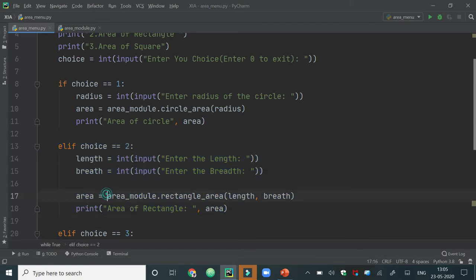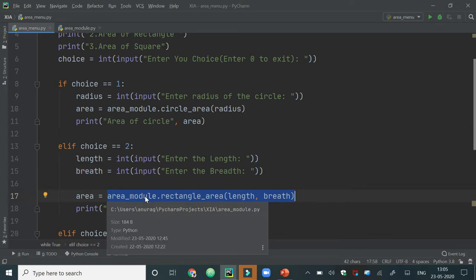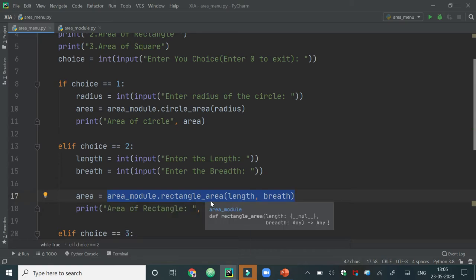After taking the values from the user, the function is called by first mentioning the area module, which is the name of the module, then the dot operator, then the area of a rectangle function, and then the necessary arguments required by the function.